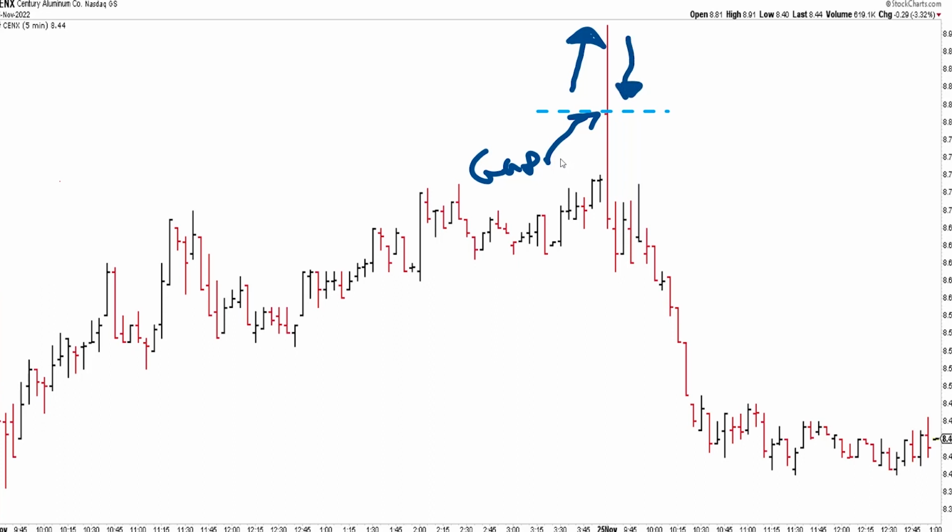Now, when this occurs, you can't just sit there and say, well, I'm going to wait 10 minutes, because it might make the crux of its move in those first 10 minutes. But if it quickly comes in, especially if you've got a lot of other things to look at, and not to pour salt in anybody's wounds who took the trade mechanically, especially if you're newer to my trading service, I'd recommend you take everything mechanically, and then as time passes, learn to use a little bit of discretion. But once you are a little bit more advanced and you've got a feel